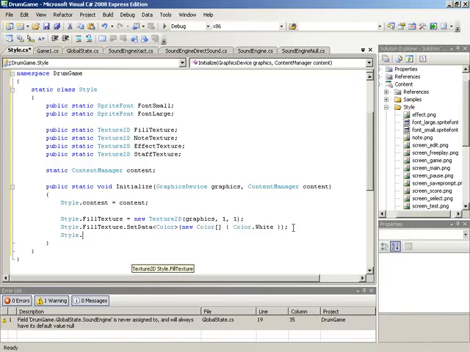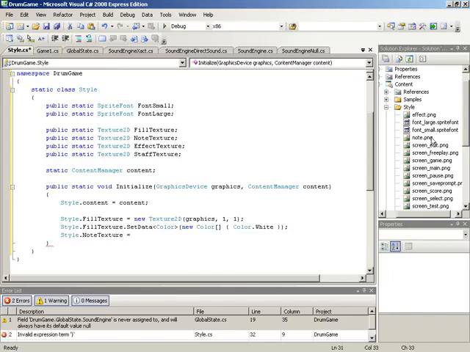So we'll take style.noteTexture. And for this one, since it is listed here as an asset, we'll simply load it using the content manager. So we've been passed in a content manager. We'll use that content manager to load a Texture2D, and the actual asset name will be given by our full path information. So here's where we need to take all the path into account. So what we're going to do is we'll take